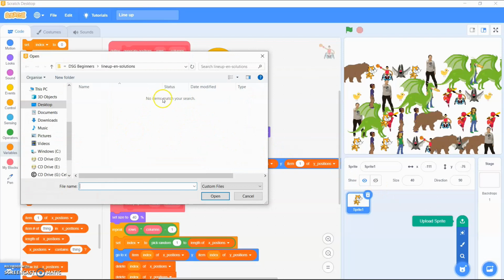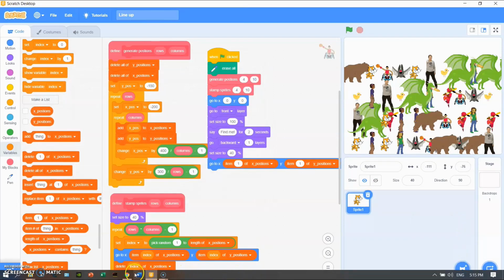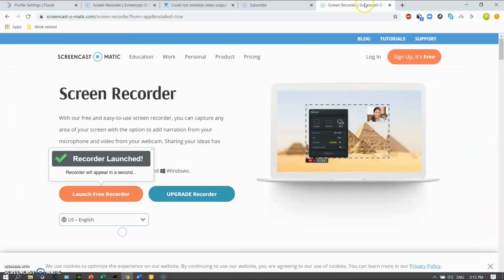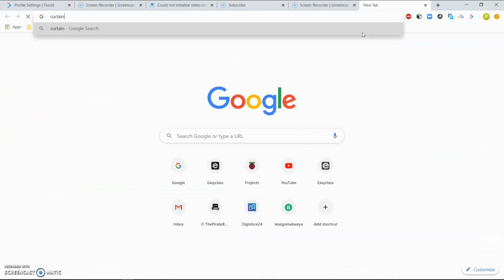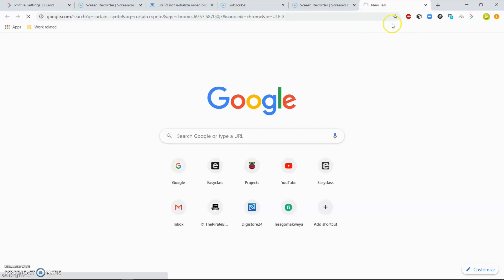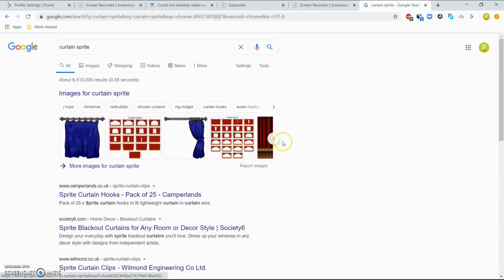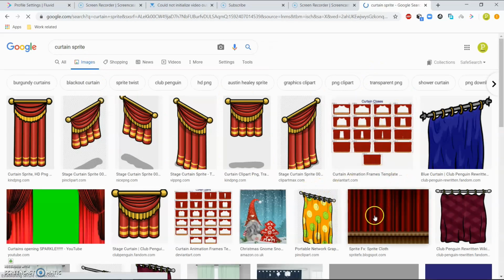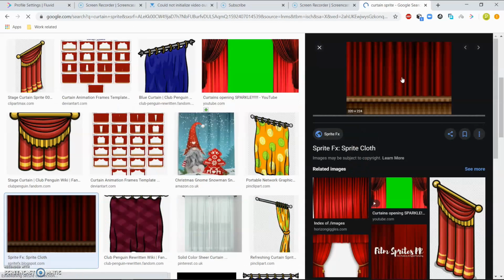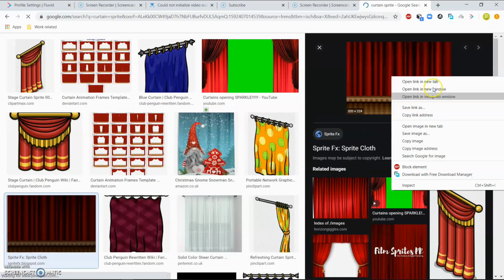So the first thing we need to do is find a curtain sprite. So let's do that. Let's go to the internet. We search there, curtain sprite. All right, you go to images, and I found one. It's the sprite FX. We can click on sprite FX, wait for it to load, right click on it and